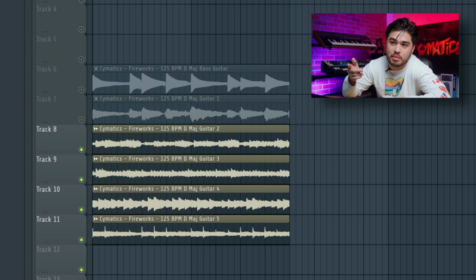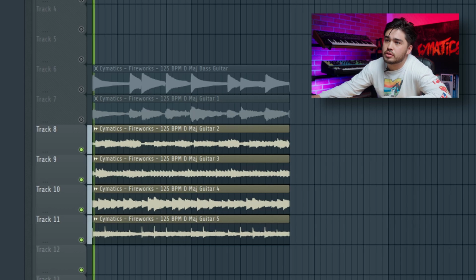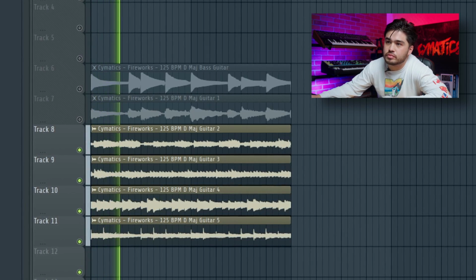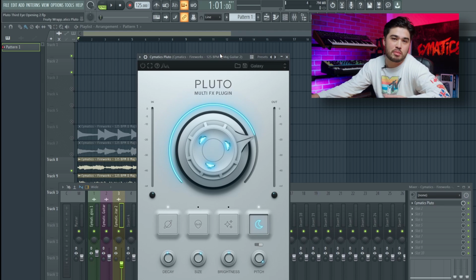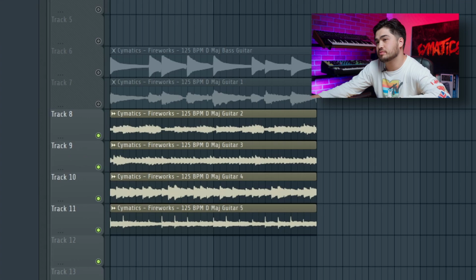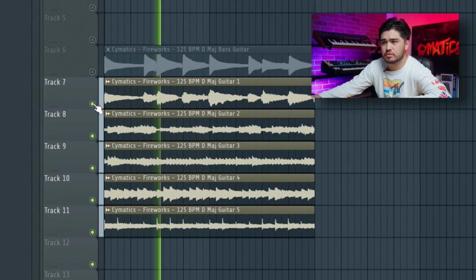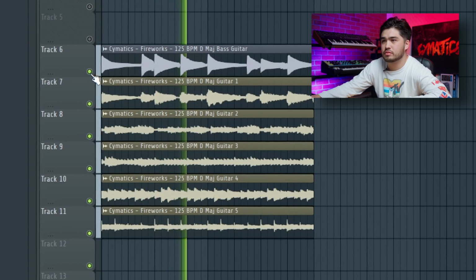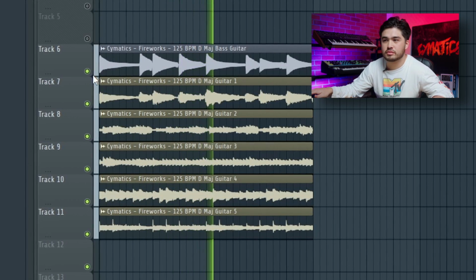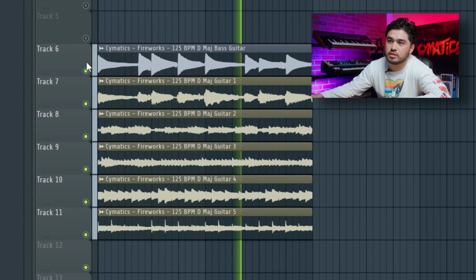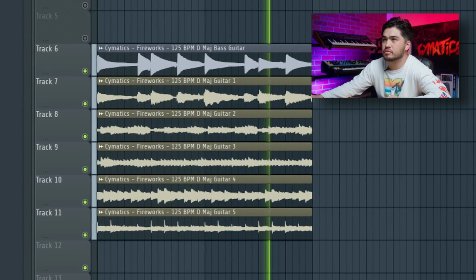I'm gonna show you one more example that I thought was really great with the same effect. Okay, so I'm gonna play the after with that same shimmer reverb. I could play with this thing all day. This is probably my favorite part about Pluto, and it's one of the special reasons that it is my favorite